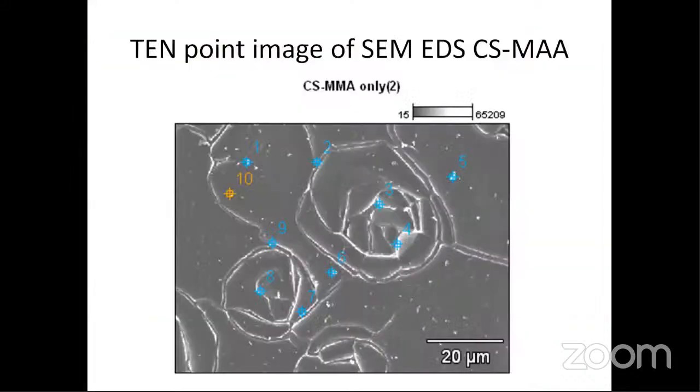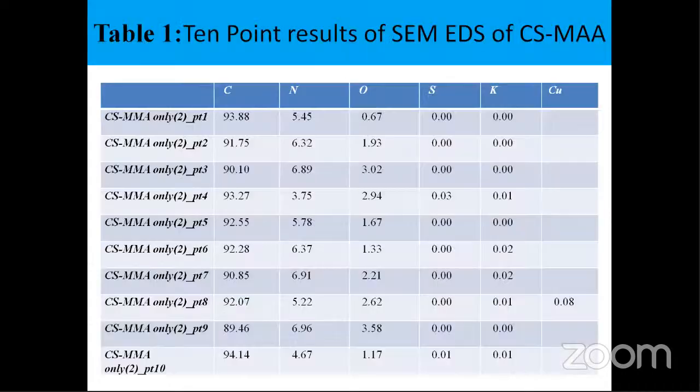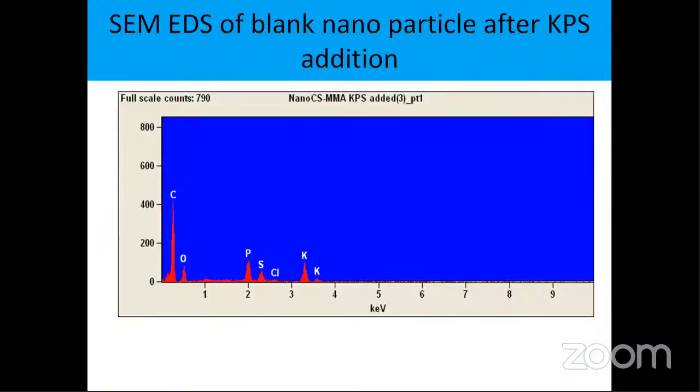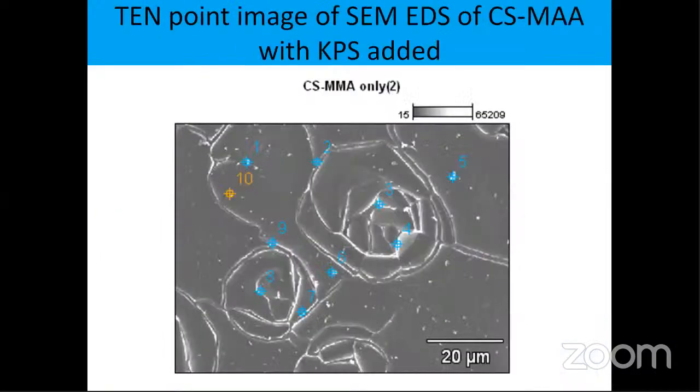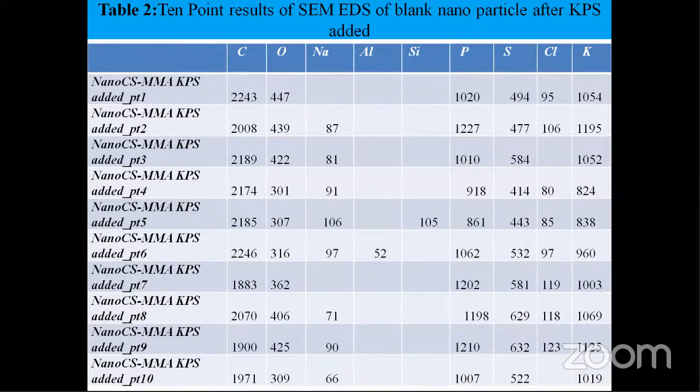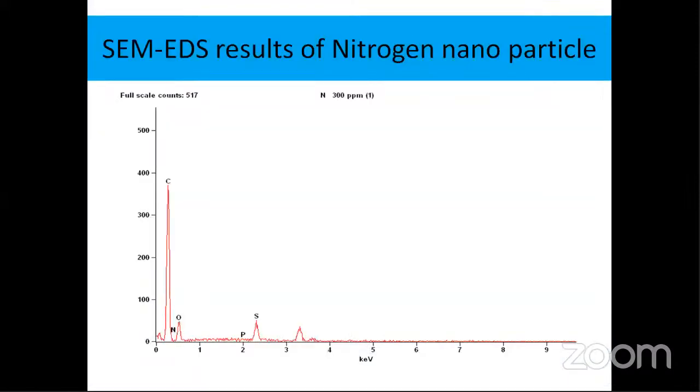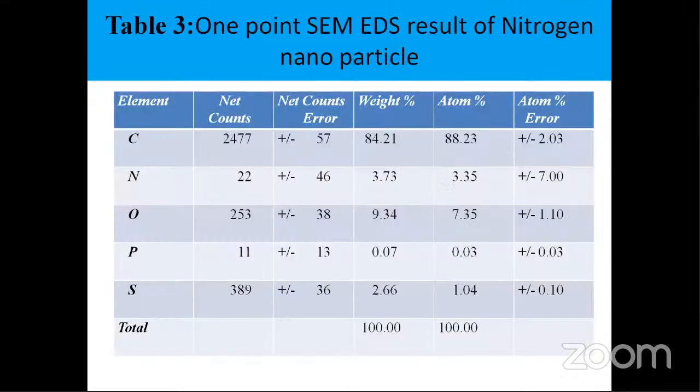Here, we usually selected 10 points from the grid of SEM. Then we produce it as EDS, and the EDS gives you the exact count of the nutrients we have inside the nano fertilizer. This is basically nutrient free nano fertilizer, nutrient free nanoparticle. Then when we had addition of nitrogen, here we can see the variation in the graph. Then this here is addition of nitrogen, and you can see nitrogen has been added into the